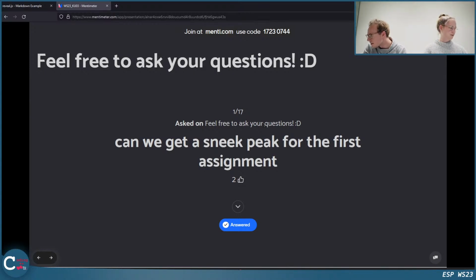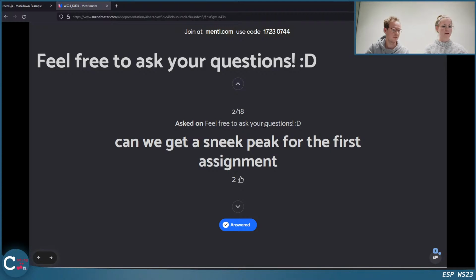Anything else? Yeah, there are some questions. Do we need our credentials when we take the exam? Yeah, you will get info about the exam like two weeks before, where you see everything that you need to know for the exam. Also at the exam you are allowed to use your phone for the two-factor authentication, because you will need that.